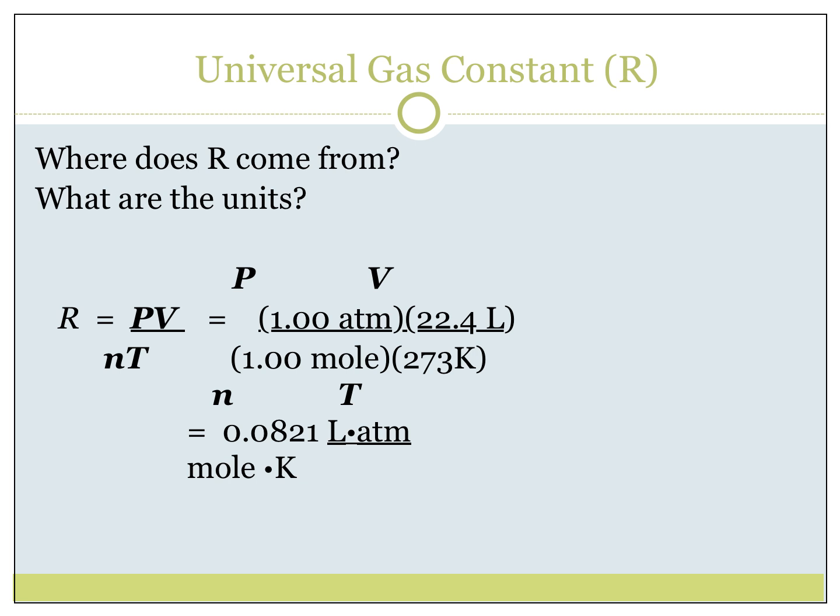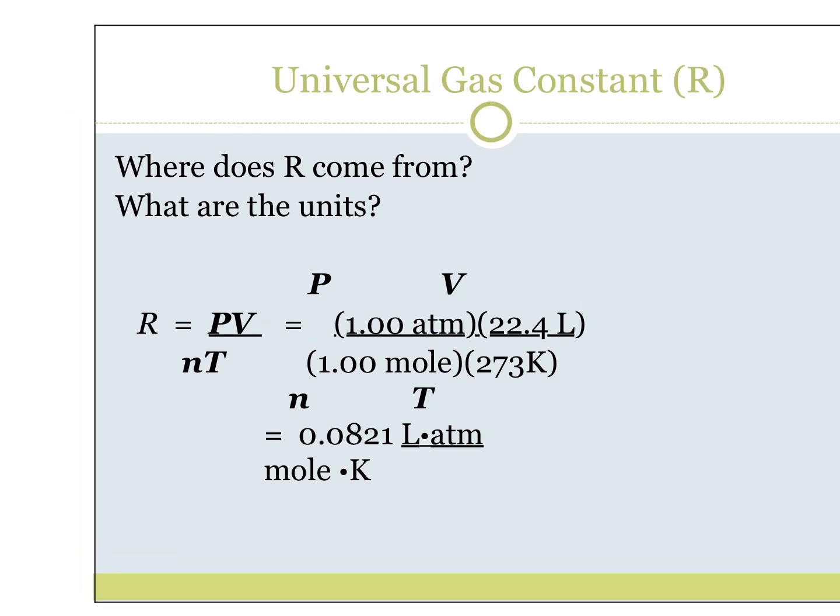This slide is just a representation of how R was calculated and how that came about. They just literally rearranged PV equals nRT to solve for the R value, knowing that at 1 atmosphere and 273 Kelvin, 1 mole equals 22.4 liters, right? Knowing all of that information, they calculated it out, and this constant is what comes out of it. It allows us to keep all of our ratios intact while we're doing different calculations, right? That's really what that's for. So that's just for fun, okay?